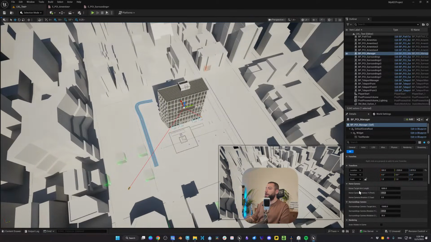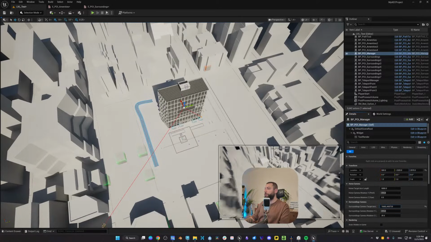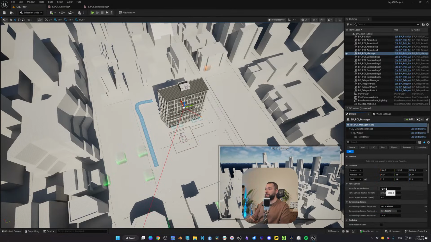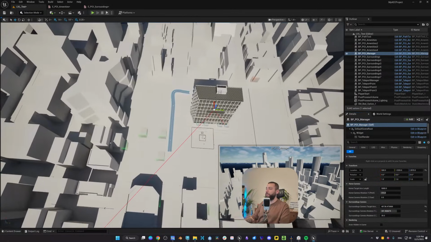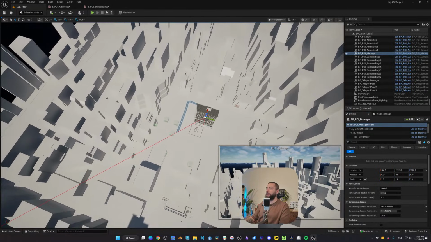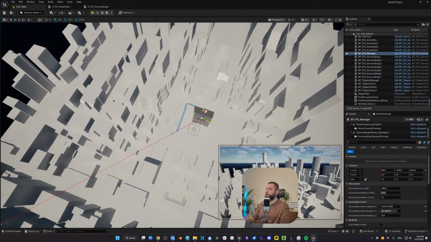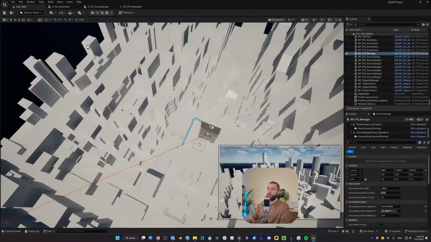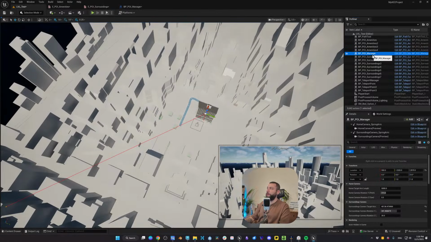And here we have two settings. We have the home camera and the surroundings camera. The surroundings camera is pretty self-explanatory, and the home camera is kind of trickier to see. This seems to be a little bug in Unreal where you have multiple actors, but you cannot see multiple cameras.